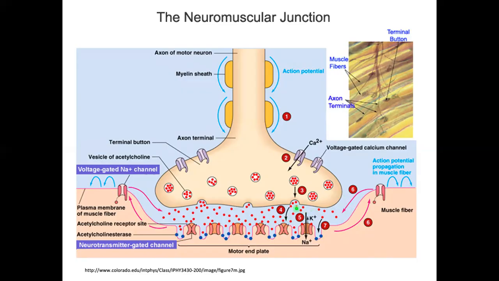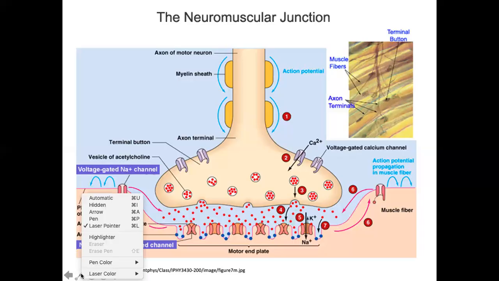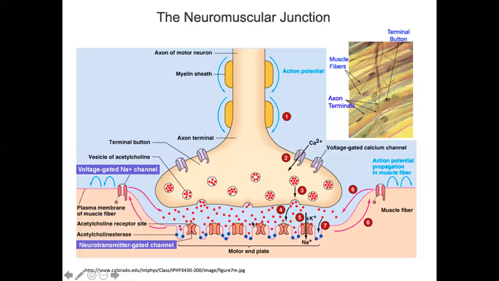So it's acetylcholine binding to nicotinic cholinergic receptors, right? So acetylcholine is going to bind to those nicotinic cholinergic receptors and cause, let me see, let's do an arrow, and cause, so if you can see that, it's going to bind to the receptors and cause this receptor to pop open. So if acetylcholine binds to the receptor and causes the gate to pop open, it's considered to be a ligand-gated channel, okay? So number 5,